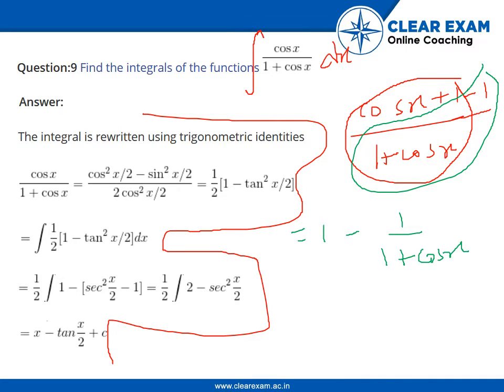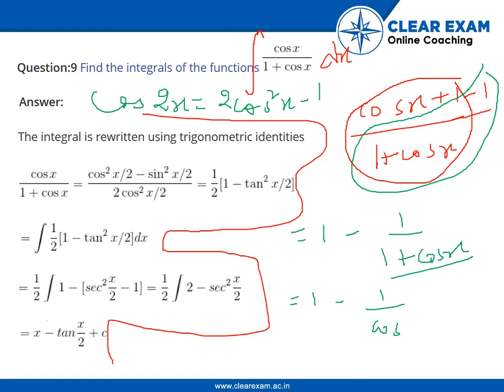Now you all must remember the identity, that is cos of 2x is equal to 2 cos square x minus 1, right? This thing only. So cos of 2x plus 1 will be 2 cos square x. So 1 plus cos x can be further written as 2 cos square x by 2. Now the next part, 1 minus the whole thing, can be written as 1 minus sec square x by 2 divided by 2,